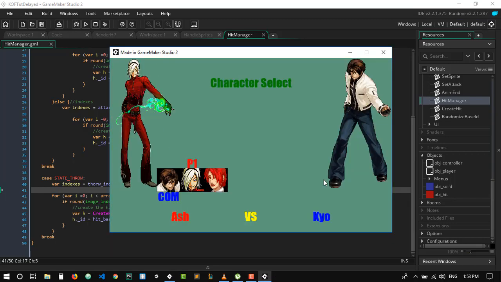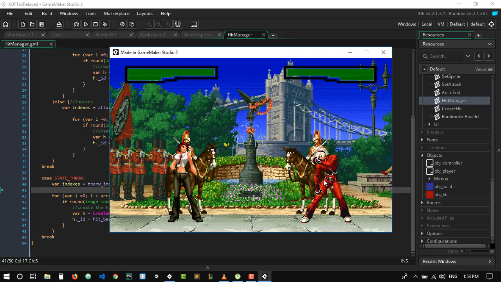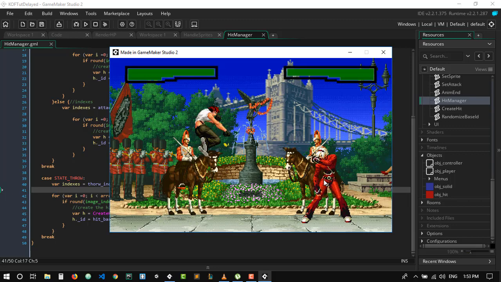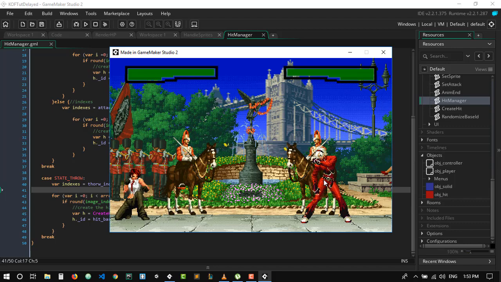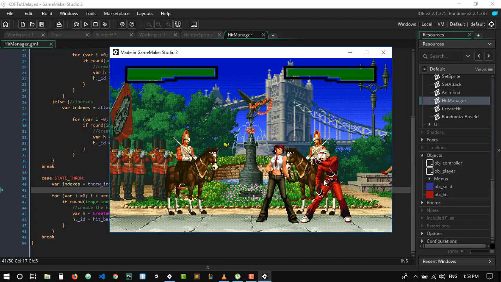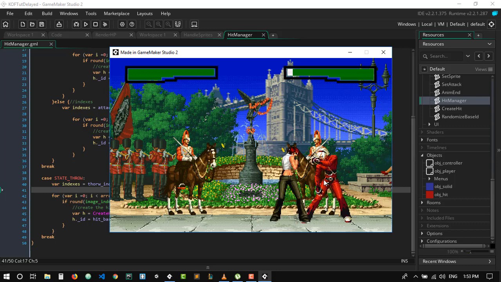Okay, so let's pick characters. As you can see now, when we jump we don't have this weird error. Okay, so it looks good. Now let's see the hit. No, I'm not taking any. Oh, I am actually. But as you can see, we are taking